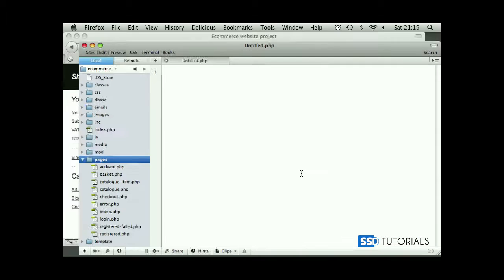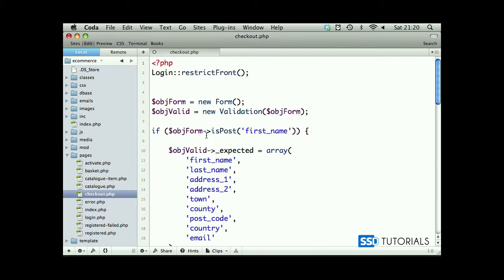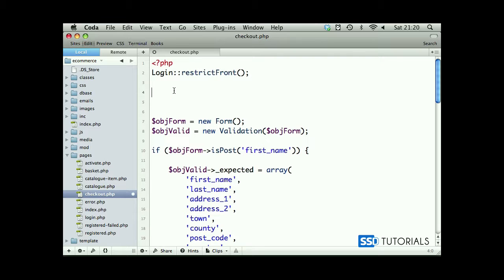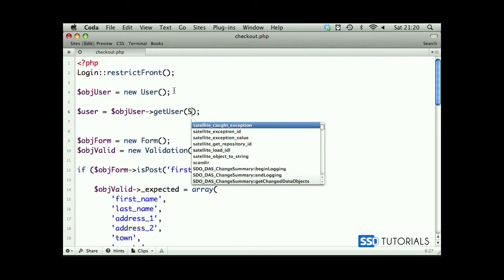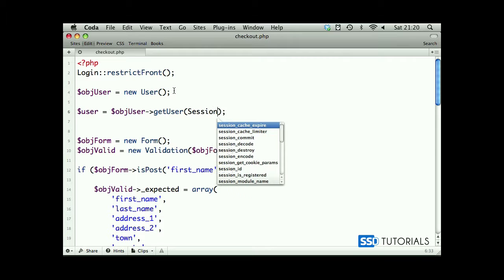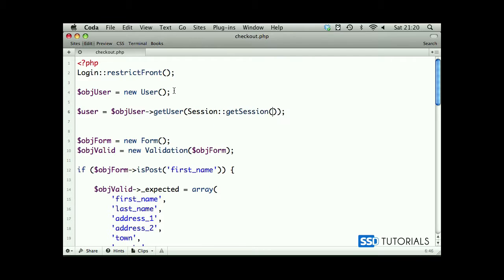So if we go back to our checkout page, pages, checkout.php, the first thing we need to do is create a new object called object user, which will be an instance of our user class. Now we are going to create the variable called user equals object user, and we're going to use the get user method, which we'll create in just a second. If I close the browser here, we're going to get the ID from the session, get session,